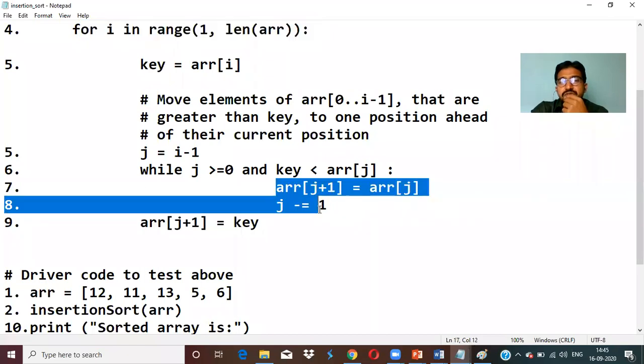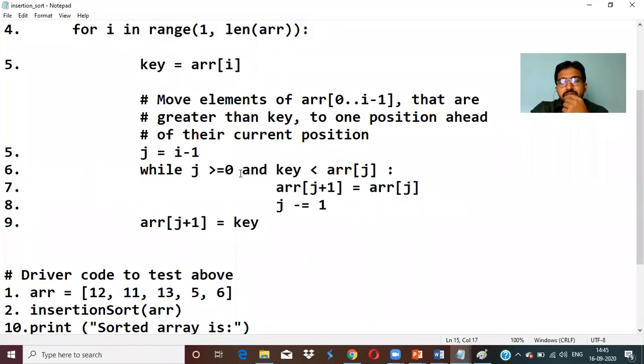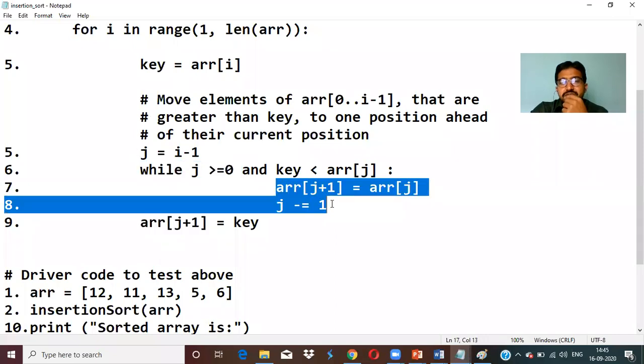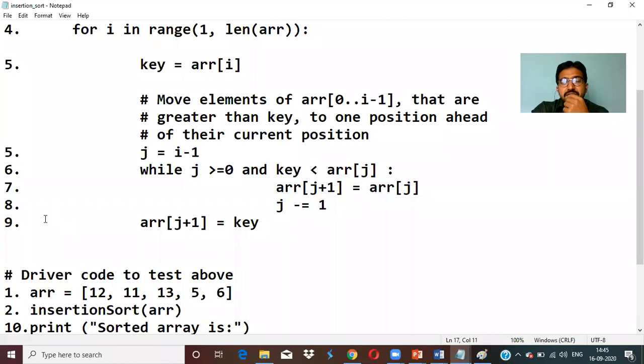This 2 belongs to the while step. Are you understanding this one? Because of the indentation, see the indentation of this key, same position of j, same position of array. So these 3 steps belong to this. Now in the while, it is the 2 steps. Okay, so up to here 9 steps.